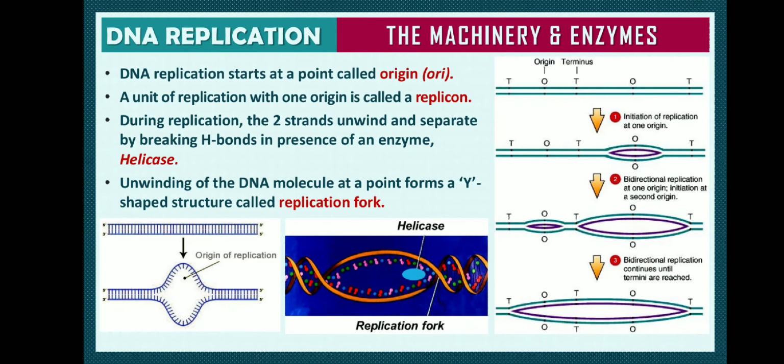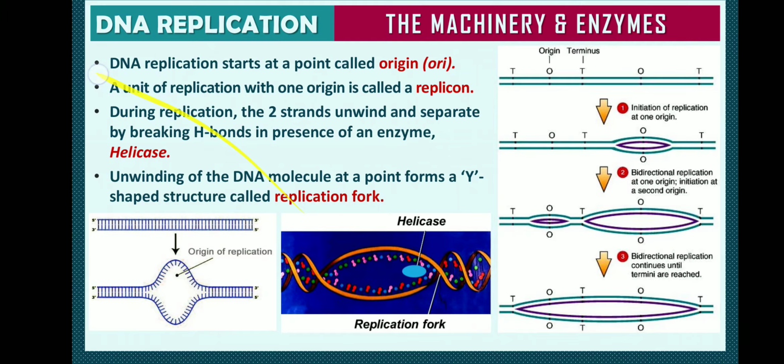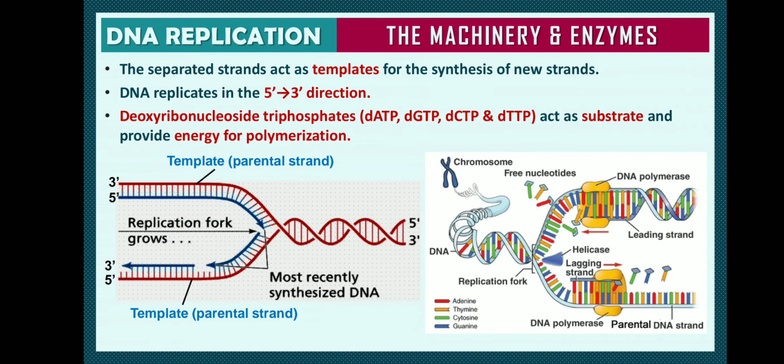So when at the origin the double-stranded DNA separates and forms single strands, depending on polarity, the one having the 3 prime to 5 prime direction will have complementary synthesis of a new strand in the 5 prime to 3 prime direction, which takes place continuously. This is called the leading strand. The one undergoing continuous synthesis is called the leading strand. Whereas with the other as a 5 prime to 3 prime template, the new strand has to be synthesized in the 3 prime to 5 prime direction, where it is not possible.